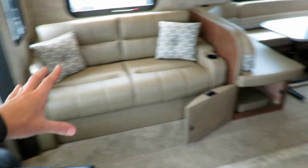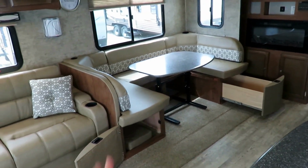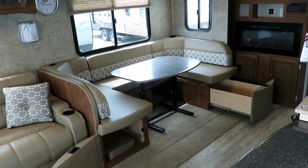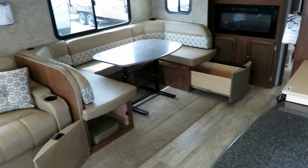So this folds out into a big bed. And then most couples camping in rear living coaches like this will have a freestanding table and chairs. We stock quite a few that way. It makes a lot of sense. But there's still a huge number of people who want the extra storage and the extra sleeping capacity of a